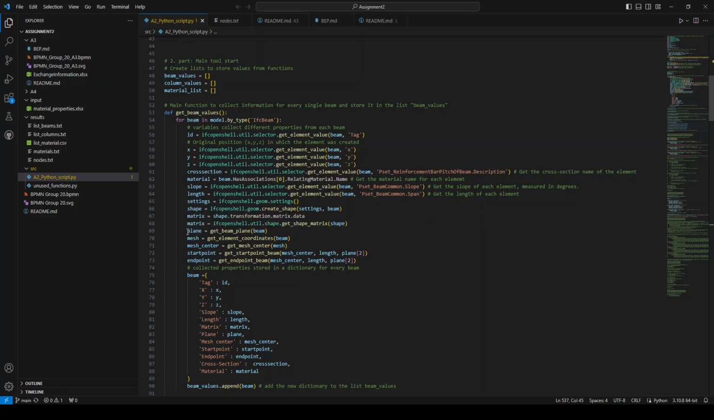And then we have something where we have our own functions. We start here with plane. That means we want to know in which plane the beam or the column is, because we want to figure out the direction of it to calculate the start and the end points. Then we also get a mesh, and we get the mesh center. And then in the last step, we calculate the start point and the end point